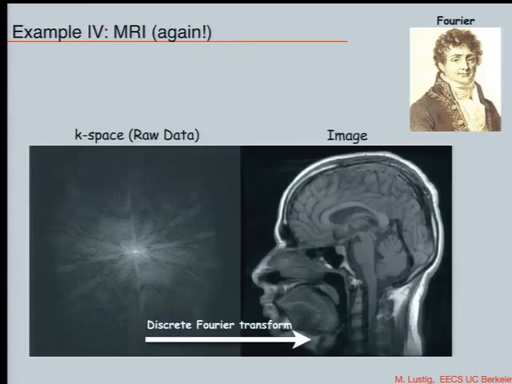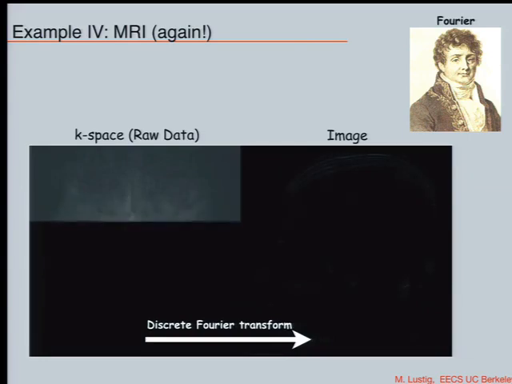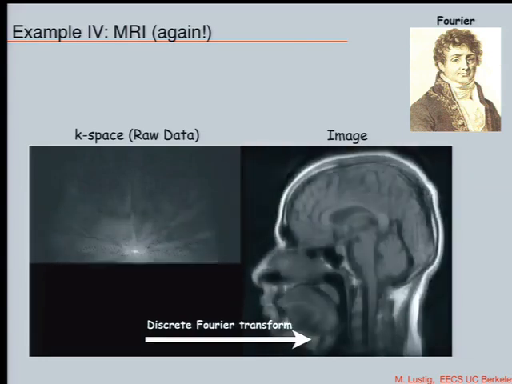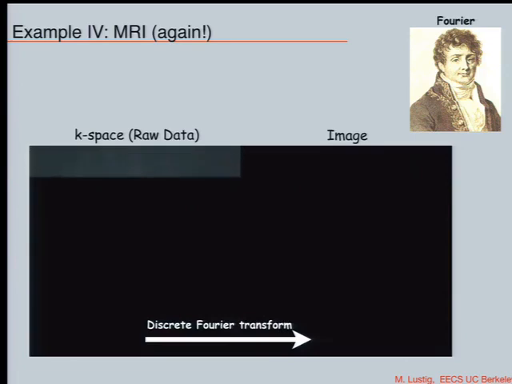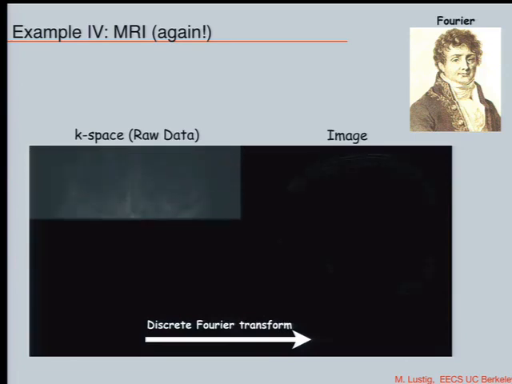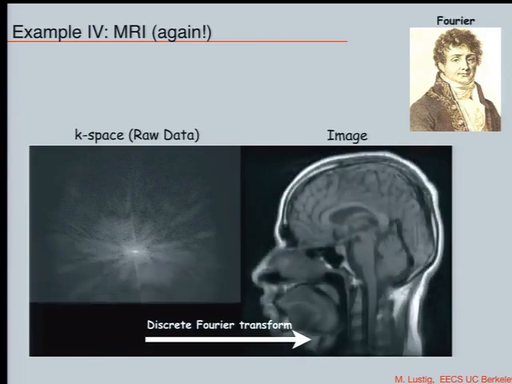MRI acquires data in the frequency domain. It's all about Fourier imaging. So it sounds like that. This magnetic field is changing over time, and the more data you collect, you get an image. And this is the rate at which MRI data is being collected. So you can imagine if somebody moves, it's going to mess things up. Okay? And that's why we leverage a lot of stuff.